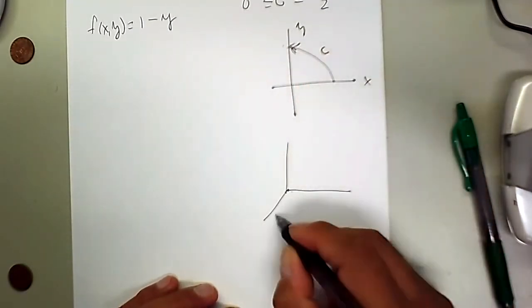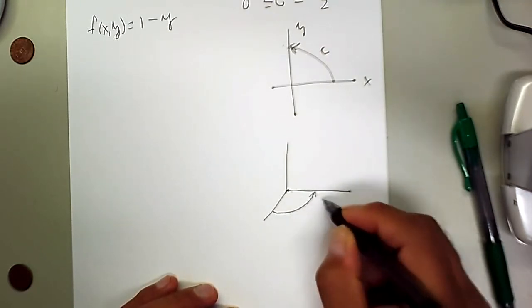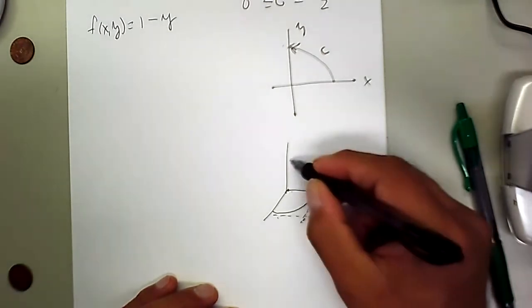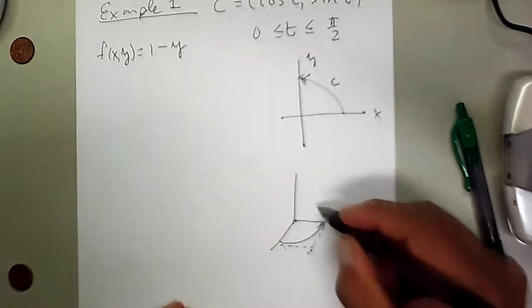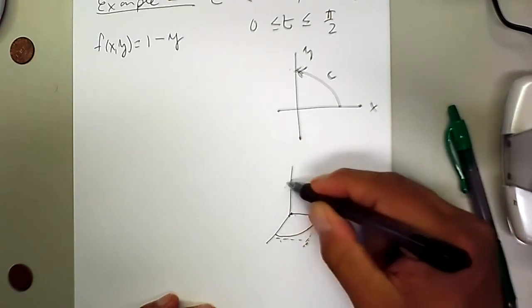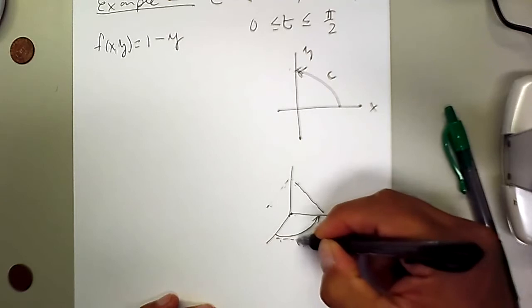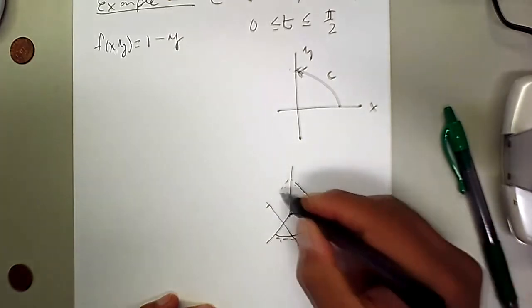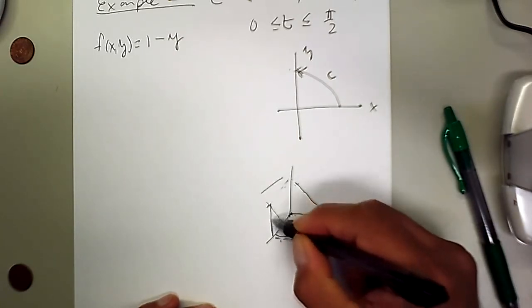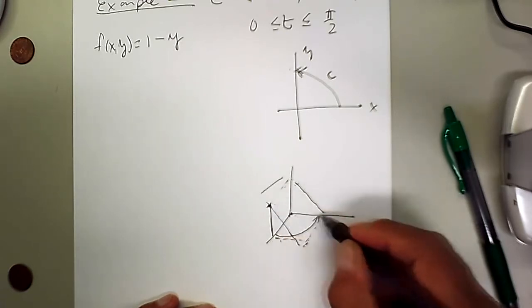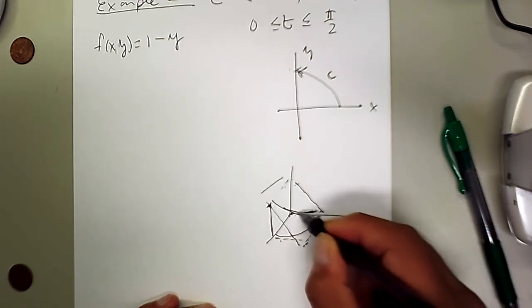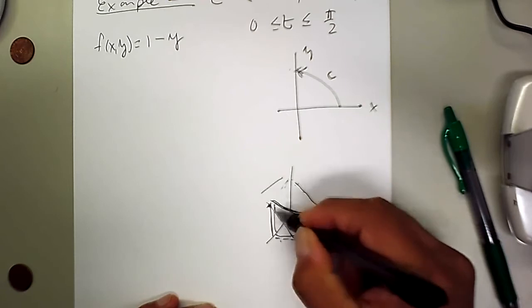So this quarter of a circle will be drawn this way. And then if we go 1 unit, all right, we have a plane 1 minus y, which means we have an inclined plane that goes down this way, and then this way. So this is the plane. And so when we start here, the function is 1, the f. And then when we end here, the function goes down to 0. So we're really finding this curved